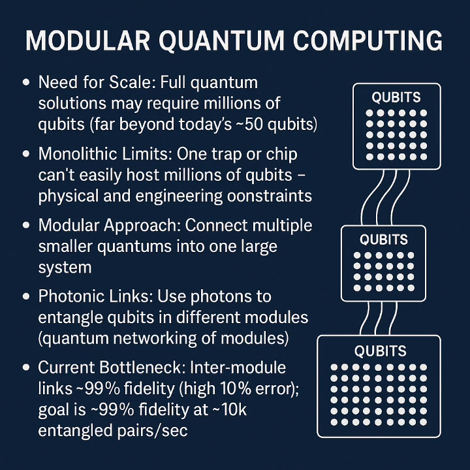Or it could be done via light, using photons to entangle qubits in different modules, essentially a quantum network linking quantum chips. The photonic interconnect vision: the most promising route for long-range, centimeter-to-meter scale and beyond, connections is using photons, particles of light, as carriers of quantum information between modules. This is conceptually similar to how classical computers in different locations are networked by optical fibers, except here we need